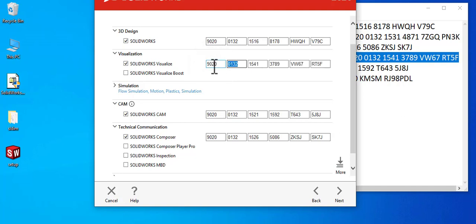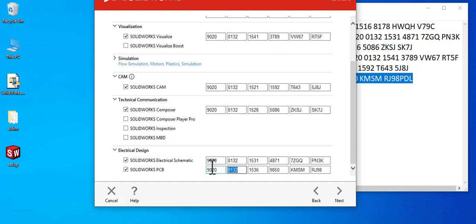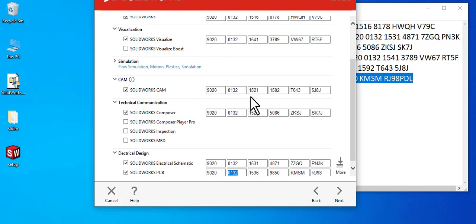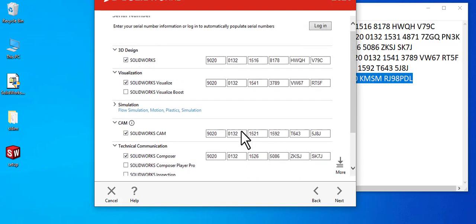Control V. Yeah, that's fine. The more products you download, the more download file space you will require, so the size of the download file will increase. So be careful about this.